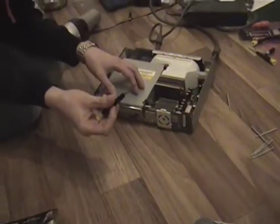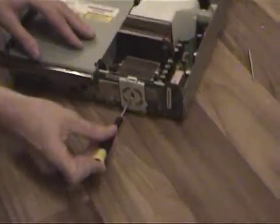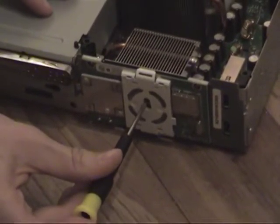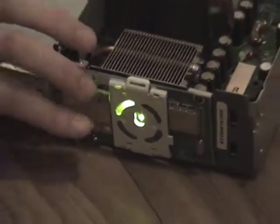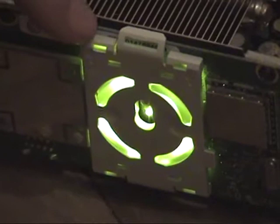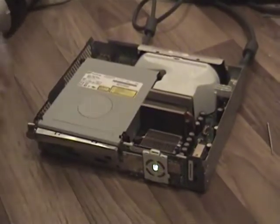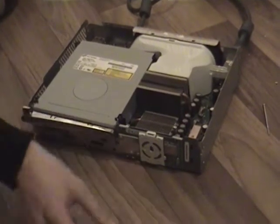You can take a screwdriver and just use that to press the button in here, just beside the light, just to test it's working. Turn it on. Your fans will probably be working overtime at this point since it's so hot, but presuming you don't get the two flashing red lights, this should happen here, which pretty much means your Xbox is back up and running again. So you can just turn that off now,